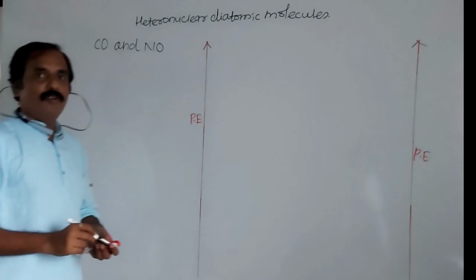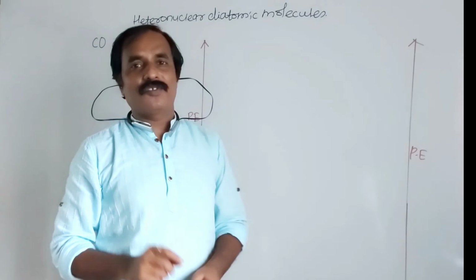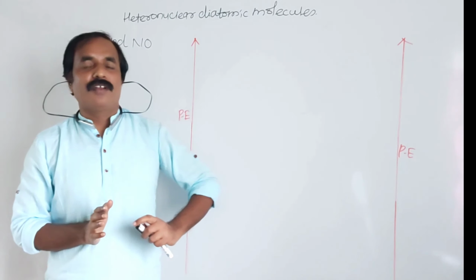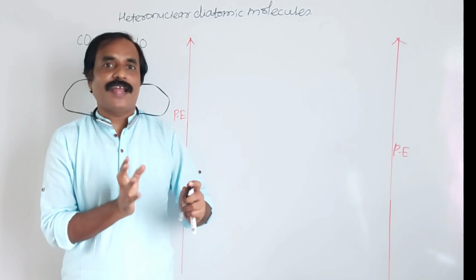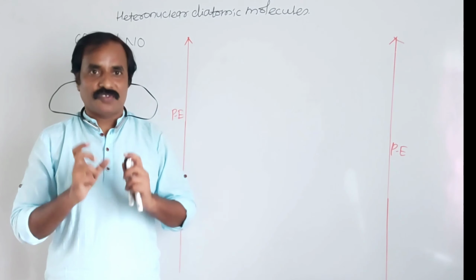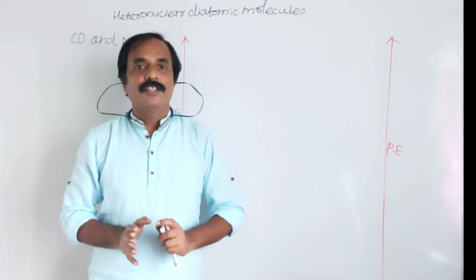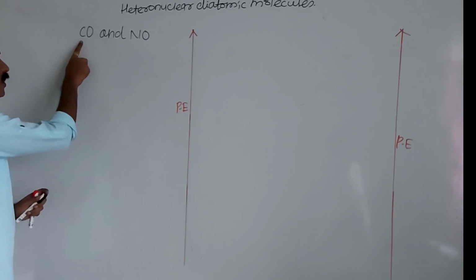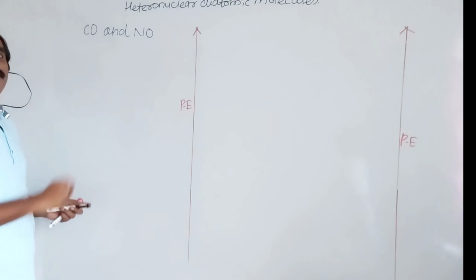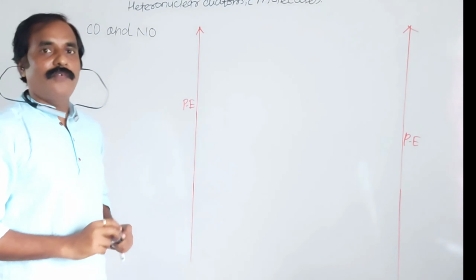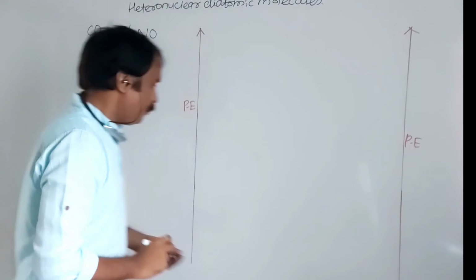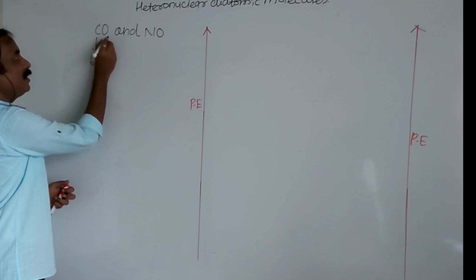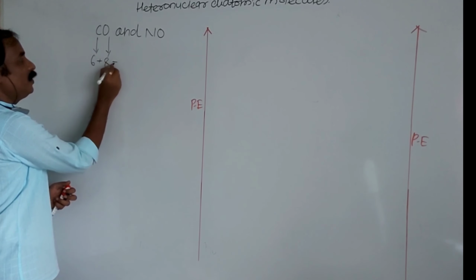In carbon monoxide, carbon is a light element and oxygen is a heavy element. For isolated carbon, we applied the order of light elements, and for isolated oxygen, we applied the order of heavy elements. Here both are there, one light element and another heavy element. Then which order do we have to follow? See here, the atomic number of carbon is 6 and the atomic number of oxygen is 8. Addition of these two is 14.